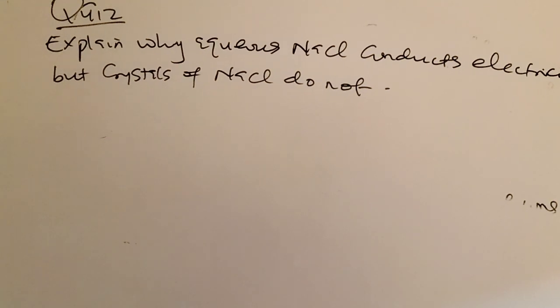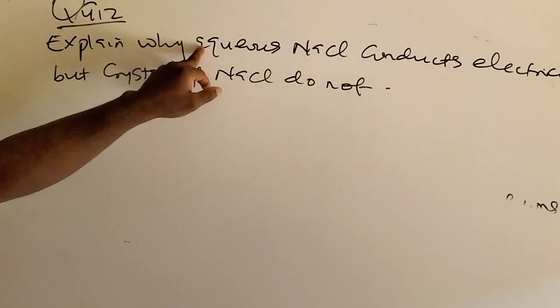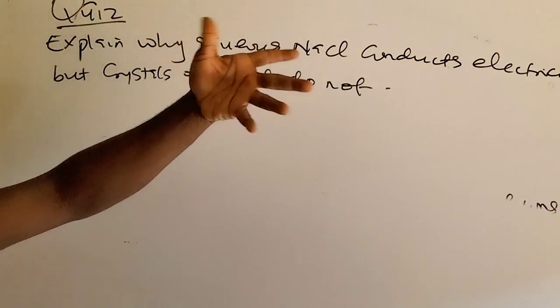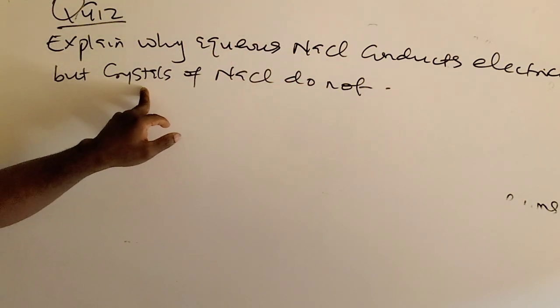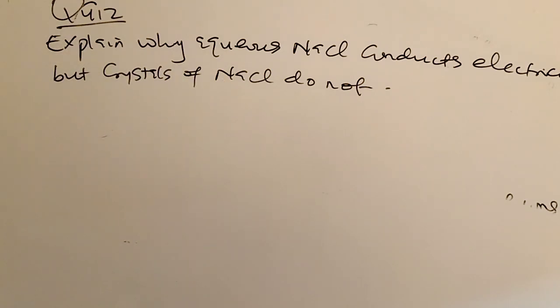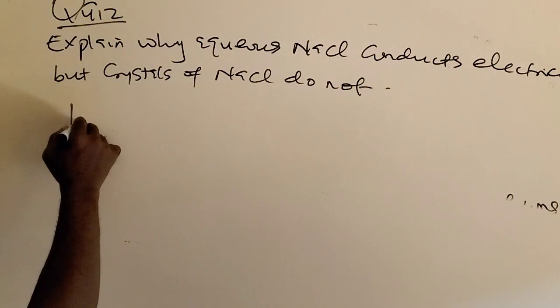I have a question on the board that says, explain why aqueous sodium chloride conducts electricity, but crystals of sodium chloride do not conduct electricity. Remember that the word aqueous means when it dissolves in water, it conducts electricity, while crystals means in solid state, it does not conduct electricity. Why is this so? Because in aqueous